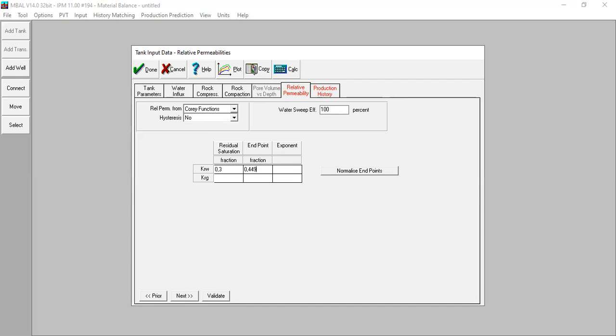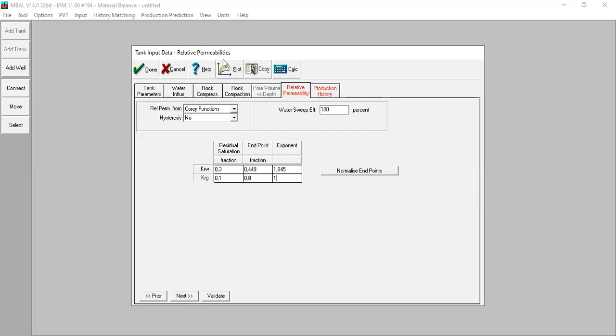Okay. And the exponent 1.845. And for the gas relative permeability, I'm sorry, 0.1, the endpoint 0.8, and the exponent is 1.